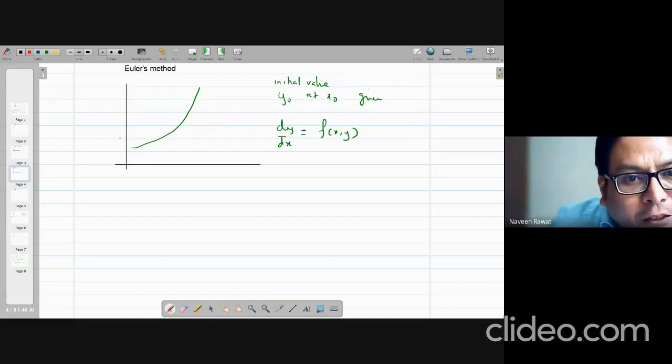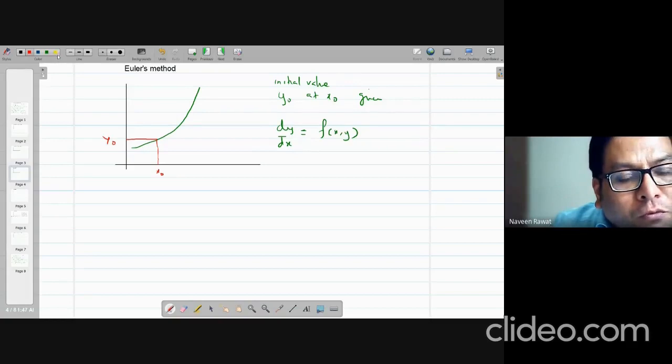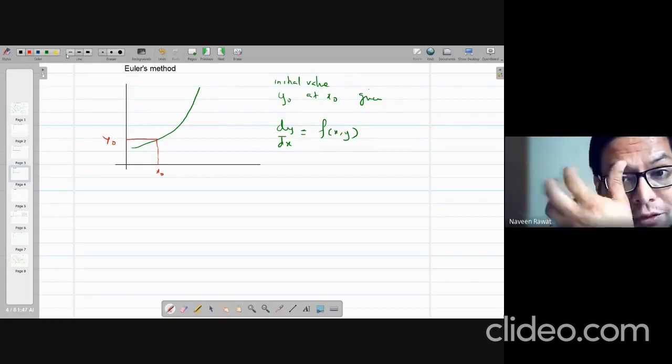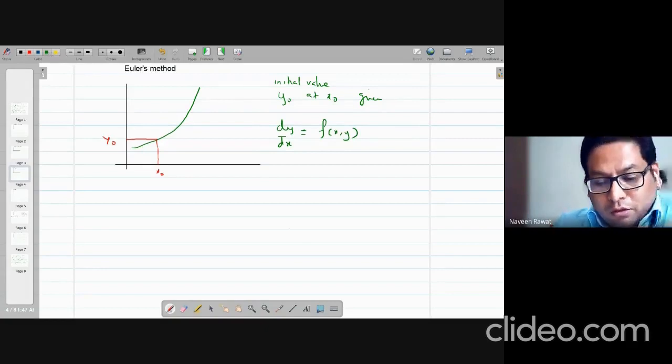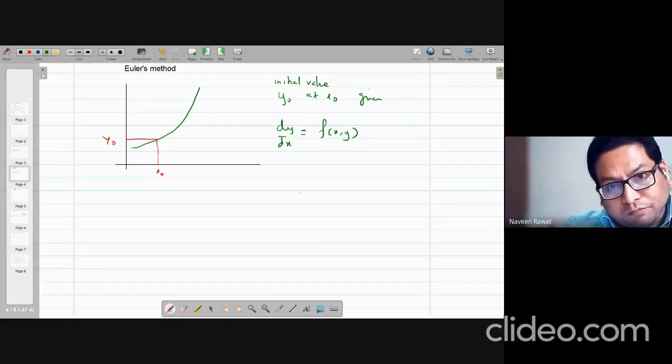So let's say this is the starting point where the function value is y0. If you look at what differentiation is doing, dy by dx is basically nothing but the change in y by the change in x, it's the slope, right?